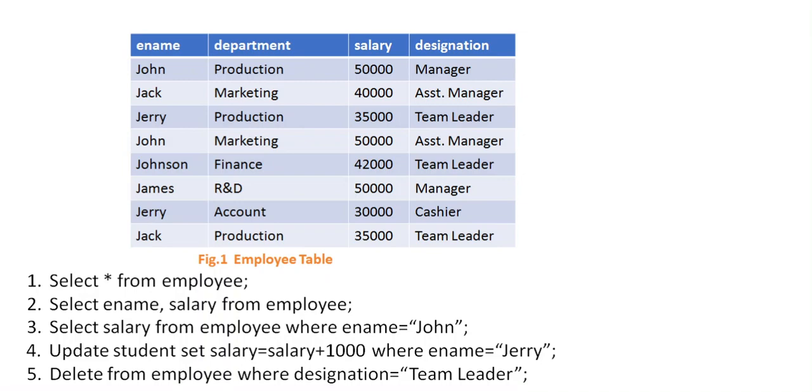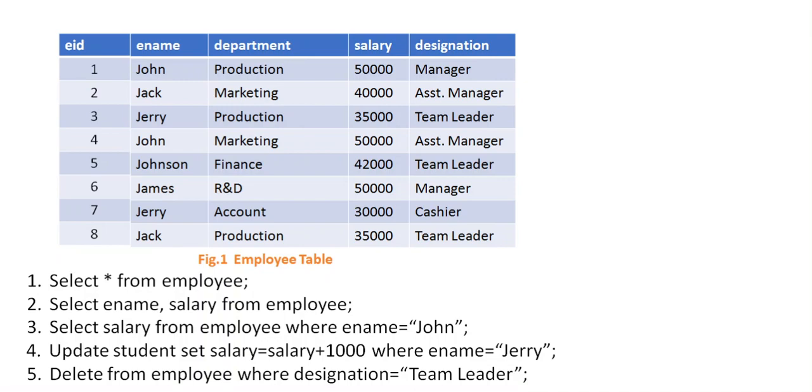So now what is the solution for this? The solution is we can add a new attribute which can act as a unique identifier for the rows. So here, what if we add employee ID? Now what is employee ID? It is an integer type of attribute and it is used to describe the ID of each employee. Now look at the table. Here we have added a new attribute which is the employee ID attribute.